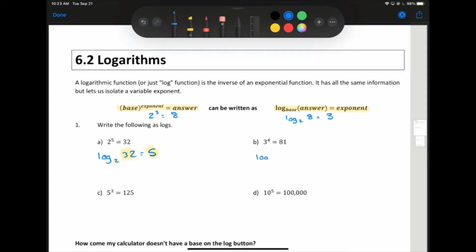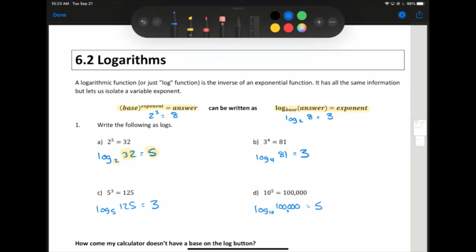So this one would be log base 4 of 81 equals 3. Log base 5 of 125 equals 3. And log base 10 of 100,000